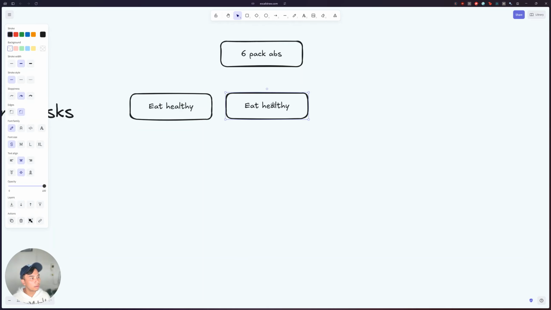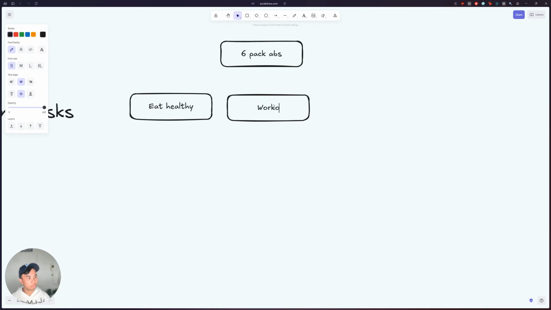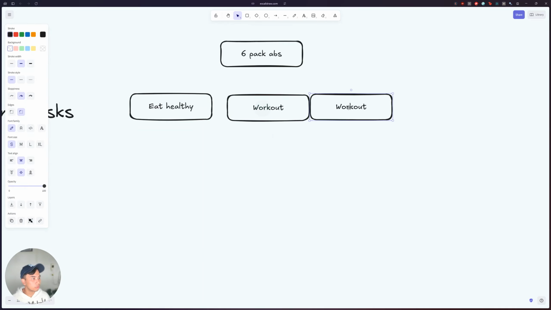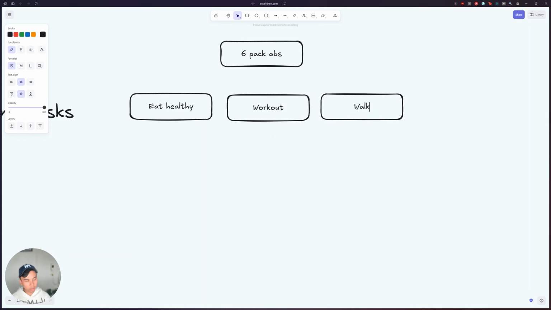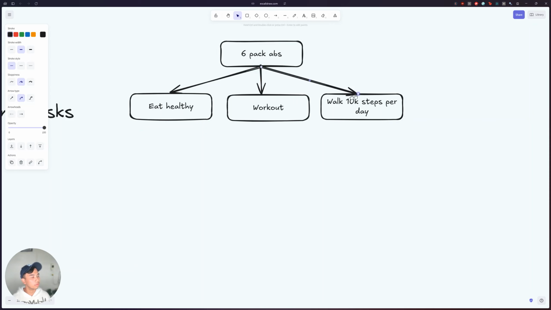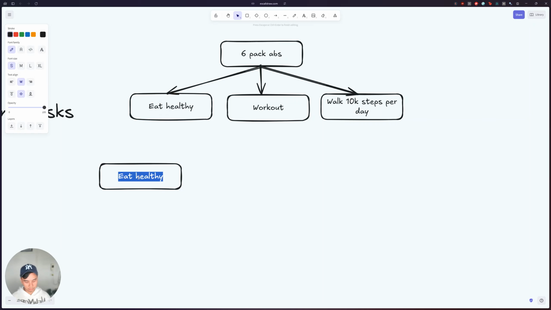And then we gotta work out. And then we also gotta walk 10K steps per day. Now we can connect them here. Right? But what does eating healthy mean? That means no sauces.